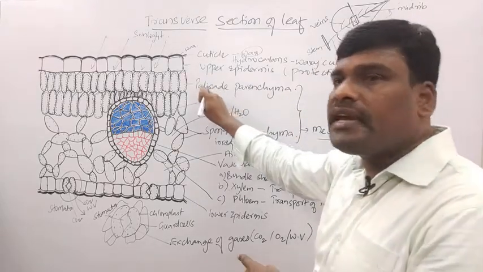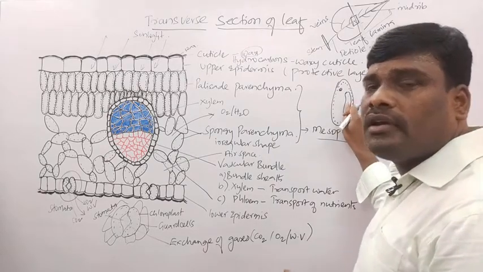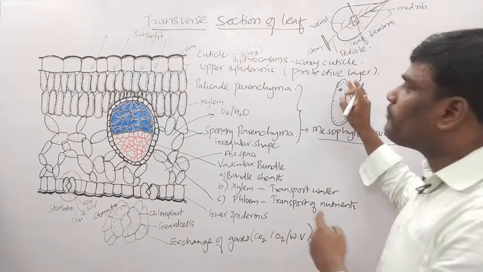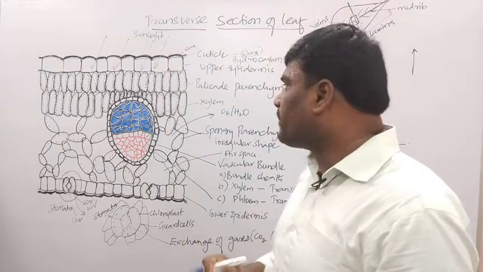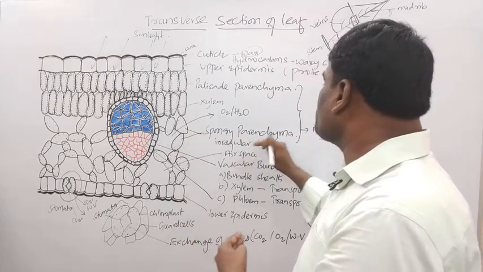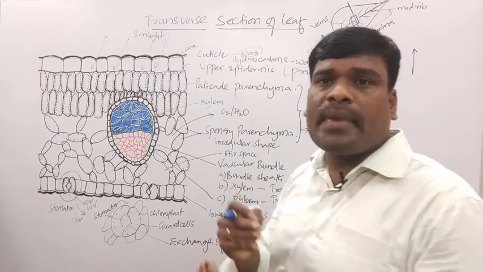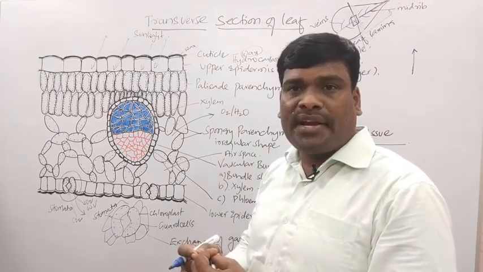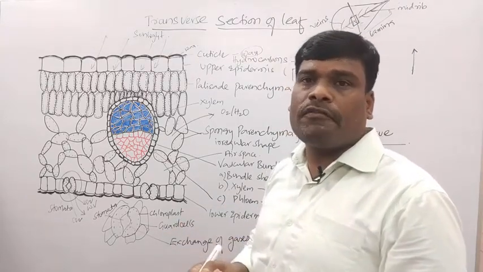If you magnify and see the palisade parenchyma, there is, in water, what? Vacuole, which stores the water inside it, and also chloroplast. More chloroplasts are seen inside the palisade parenchyma. And then the next layer, we see spongy parenchyma, children. It is irregular in shape. Then in this spongy parenchyma also we see what? Chloroplast. But compared with the palisade parenchyma, here we see less number of what?